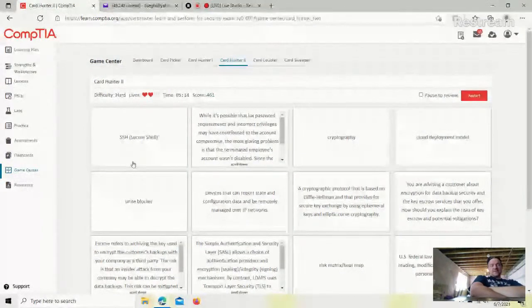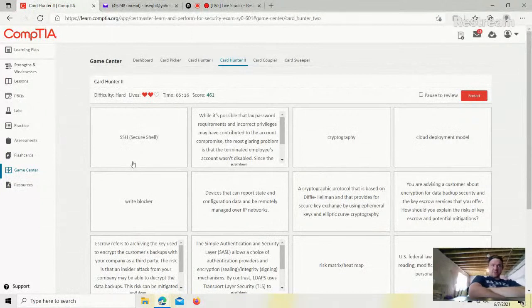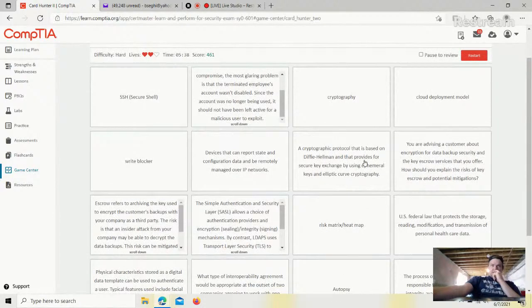Okay, secure ship. What's possible that lacks past requirements and attributed to the account compromise. The most glaring problem is that the terminated employee's account wasn't disabled. Since the account was no longer being used, it should not have been left active. Cryptography, cloud model, right blocker, cryptographic is based on the